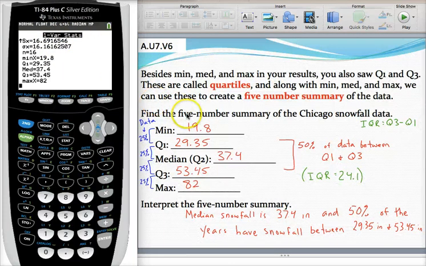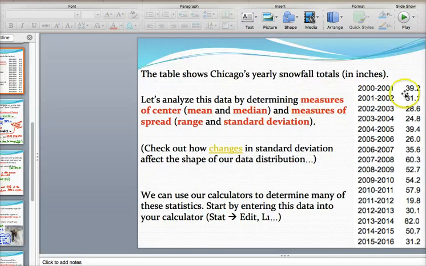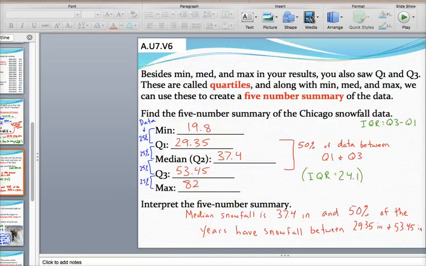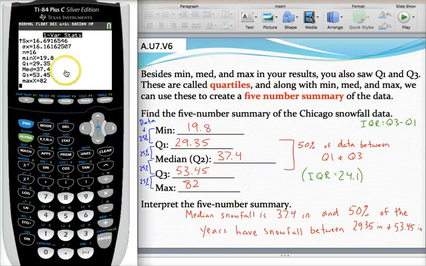So real quick, if you want to see what data I'm working with, let me just switch back to that. So here's the data that we had used in the last video. If that data is still typed in your calculator, great. If not, why don't you pause the video and get that data typed back in. And then if you don't recall how to run this statistics option, maybe again go back and check out that last video. So I'm going to assume you have your data typed in and you've run that calculation right here,